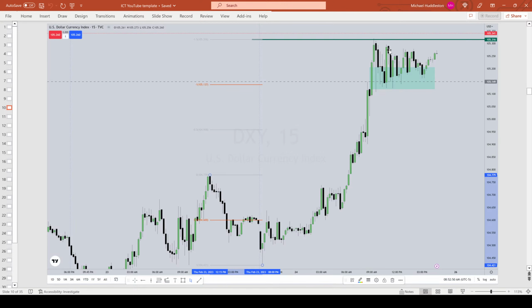As it started marking time here, that is less likely. It just means it's going to do what? Consolidate into the close and hold everybody here. And that's what it did. And it retraced on all the other assets: Euro, Pound, S&P, NASDAQ, Dow.